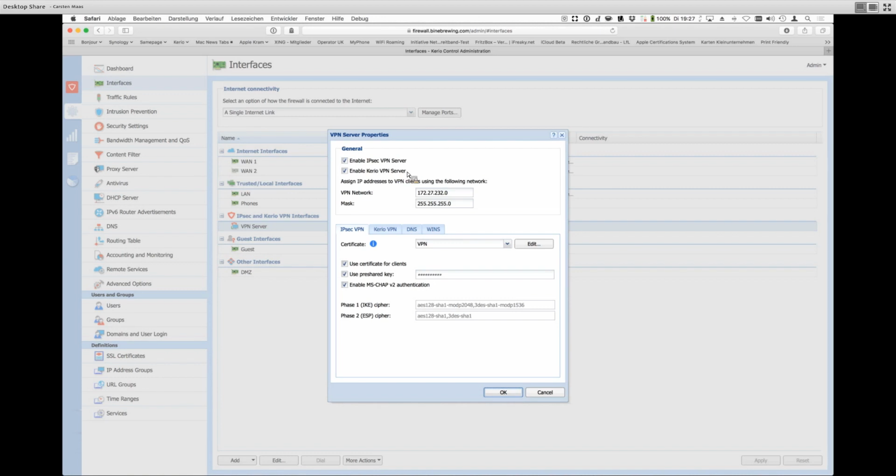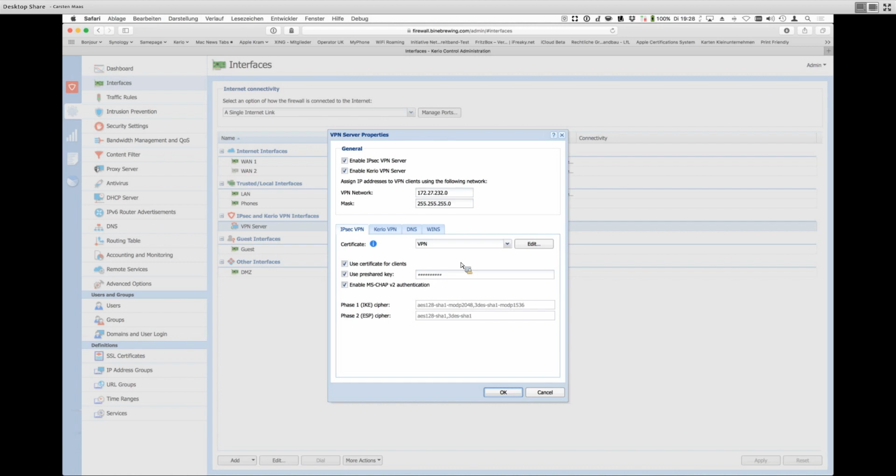Of course, we also would like to connect to this Kerio Control with our native Kerio VPN client, so you also need to tick the box Enable Kerio VPN Server. Then you just check if there are valid data in the VPN network and mask section, which brings us directly to the next part. So here you see the tabs